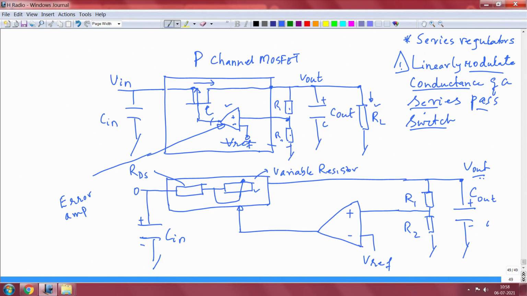I showed you that the RDS is the resistance between the drain and the source of this MOSFET, plus, whenever the gate voltage changes, the small variable resistor which is connected in series. These are all elements which appear during the construction of the MOSFET, and that small variation in the resistance, lowering the resistance value, will bring V out back into regulation, and this cycle continues. So, folks, that is the understanding of an LDO.